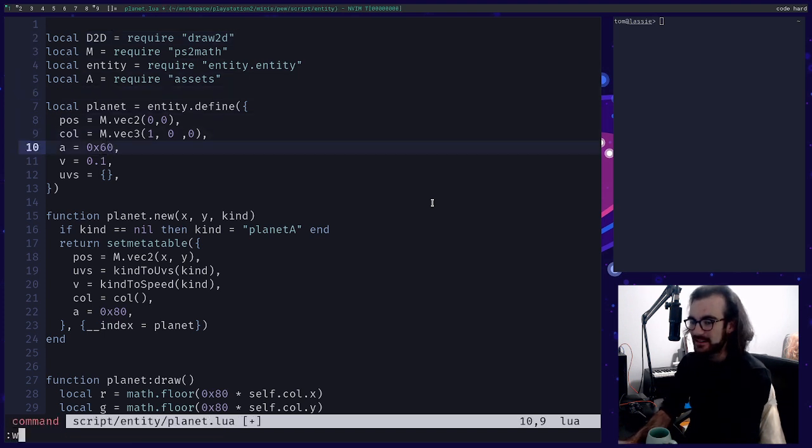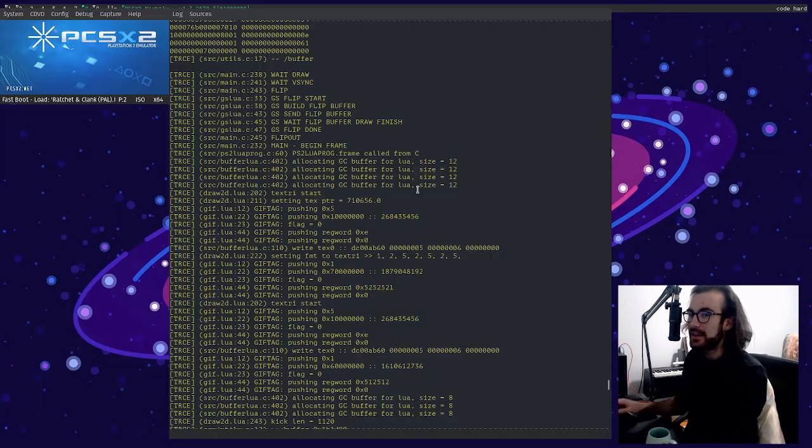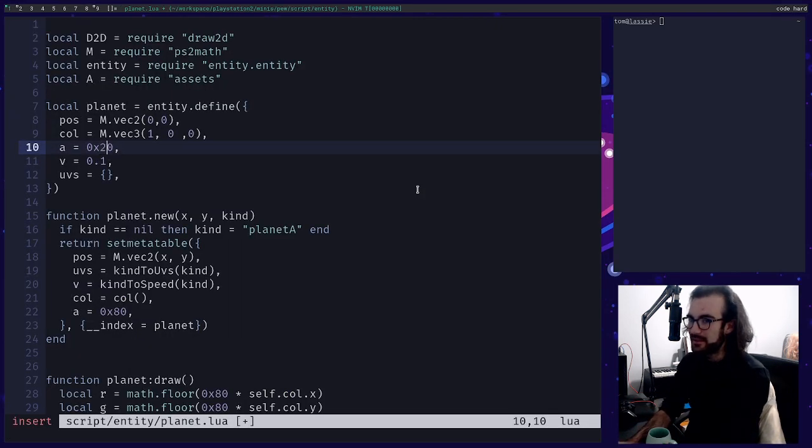Let's go to 60, right? What do we see here? We should see this planet turn semi-transparent. We should just be able to catch a glimpse of the player behind it. And maybe, if you look very carefully, but for the benefit of the stream, because that's not going to show up with my stream compression, let's make it very transparent, okay? So there's a planet there. Huh.